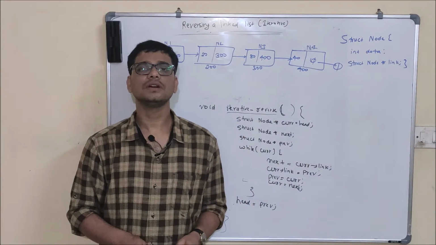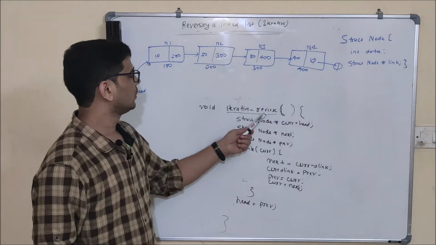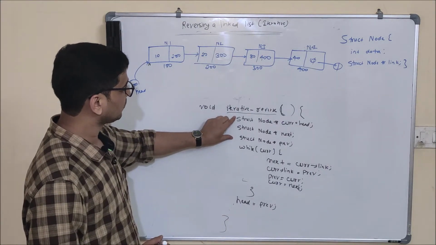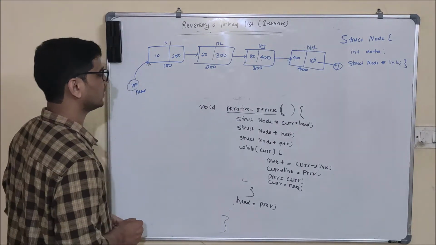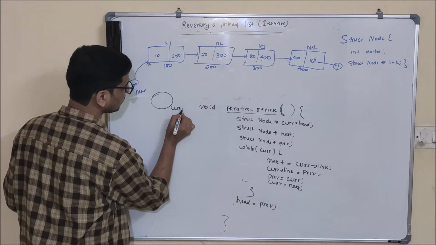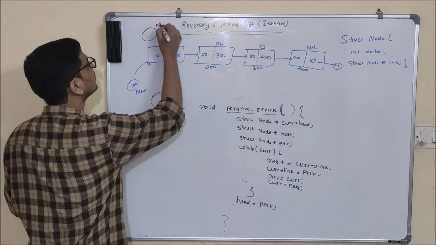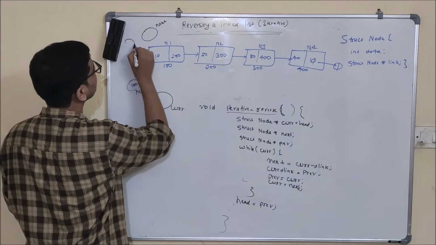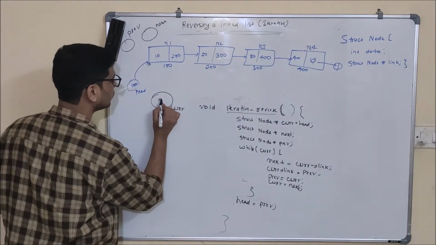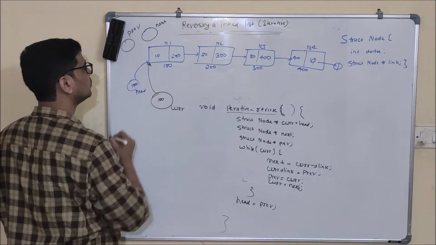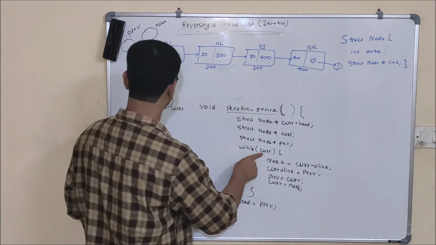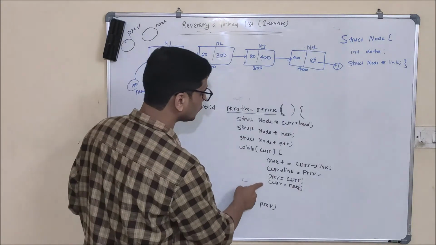Now let's see how this code will execute when we call this iterative reverse function on this linked list. First of all, we are creating three pointers: current, next, and previous. So this is our current pointer, this is our next pointer, and this is our previous pointer. And in current we are updating it to head, that is 100. It will start to point to node 1. After that, this while check will be done. Since current is not null right now, these four lines will be executed.